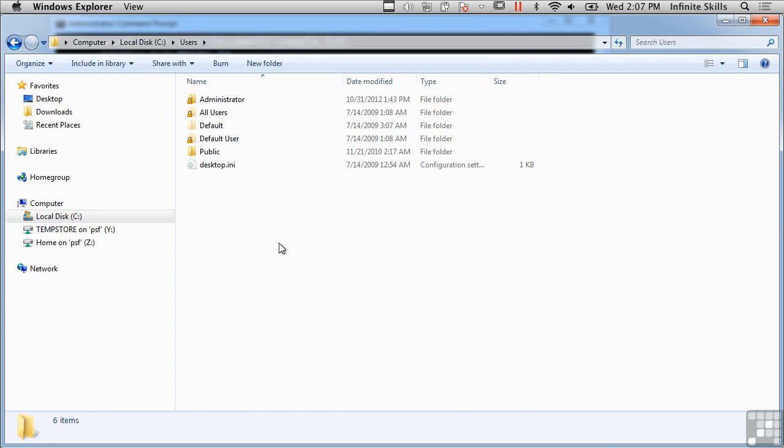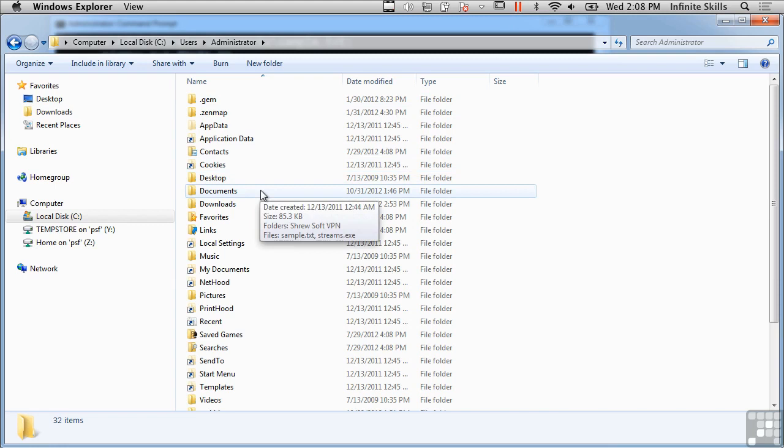Now, you don't actually have to launch the browser to see any of this information. What I'm going to do here is just use the File Explorer, the Windows Explorer. I've gone into the users directory on a Windows 7 system. In earlier versions of Windows, getting access to the user directory is a little bit different, but it's still located on the C drive. It used to be in Documents and Settings, and then you'd go into the user. With more recent versions of Windows, we just go into the users directory, and then I'm going to go into